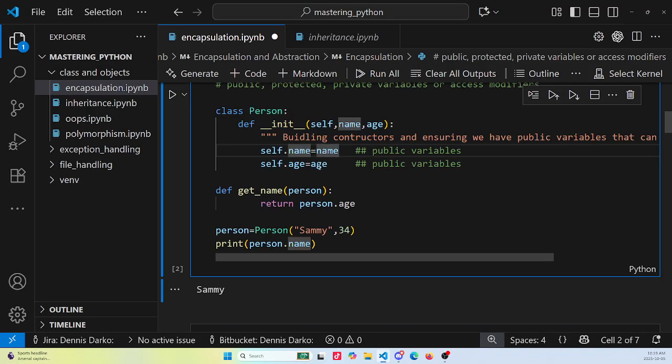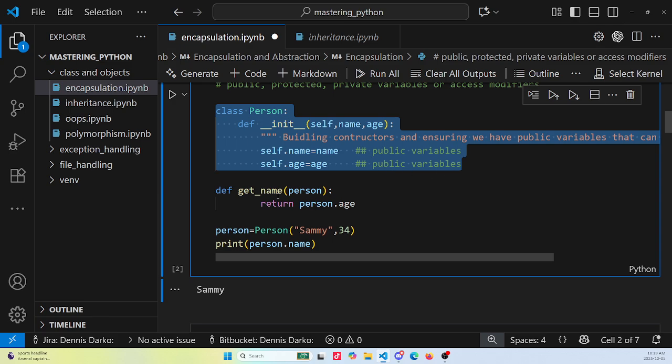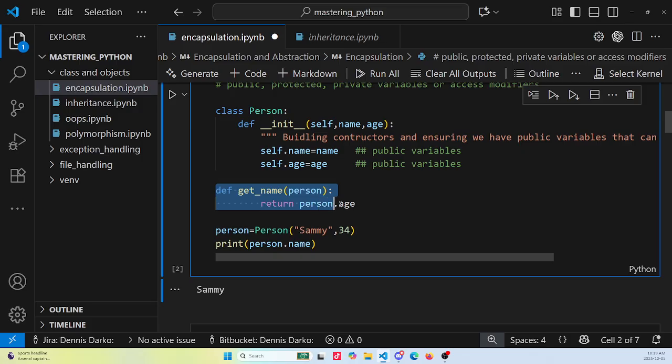We can access the name or we can access the age. But currently, let's say we are accessing the age. I can change this to name. So we are saying that, okay, then let's define our own function. So what I'm telling you here is that you have a class sitting somewhere, and you can define a function somewhere and use the